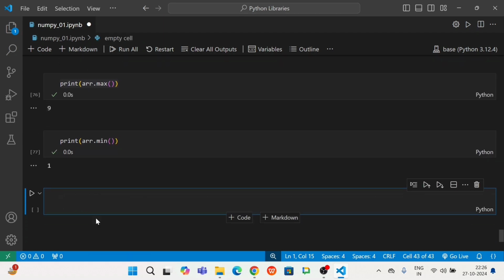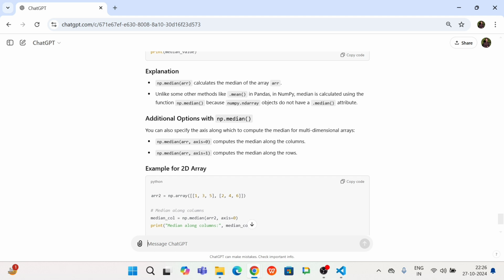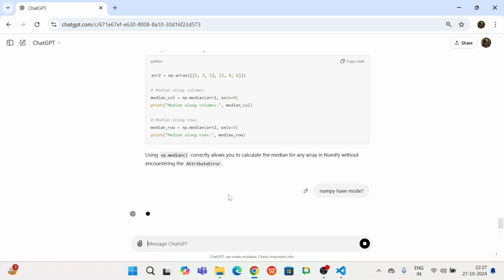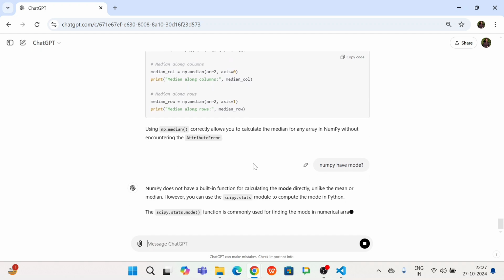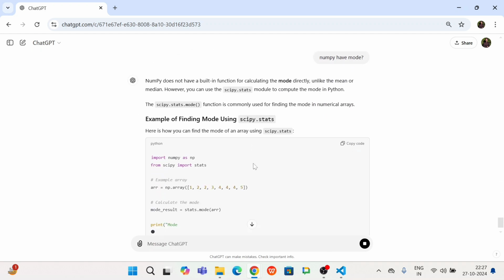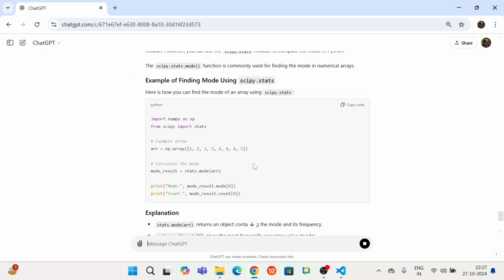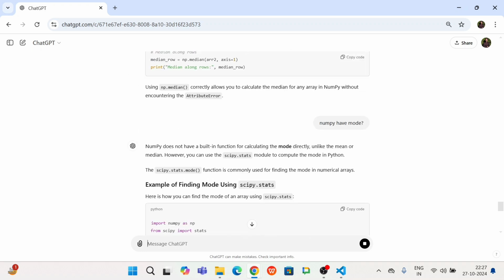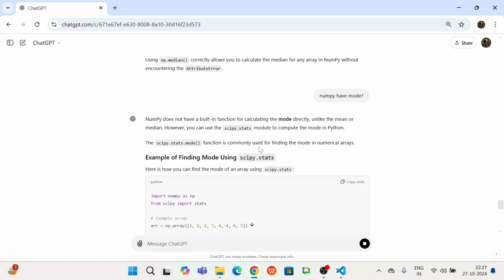और क्या रह गया है, मोड ना। तो सी मोड, मेरे ख्याल से मोड नहीं है नमपाई में। लेट्स चेक माय नॉलेज, मुझे पता है, मेरे ऐसा लग रहा है नमपाई में मोड नहीं है। नहीं है ना। हाँ नहीं। क्योंकि मुझे पता है, क्योंकि फॉर मोड वी यूज समथिंग कॉल्ड स्टैट्स का कुछ तो भी अपन यूज करते हैं, है ना। यस। हाँ स्टैट्स, हाँ सही सही, वी import from SciPy, we import stats, okay, because NumPy does not have built-in function for calculating the mode directly. It's a very good interview question, okay, because ये पूछा भी जाता है। बच्चों को बता रहे हैं।